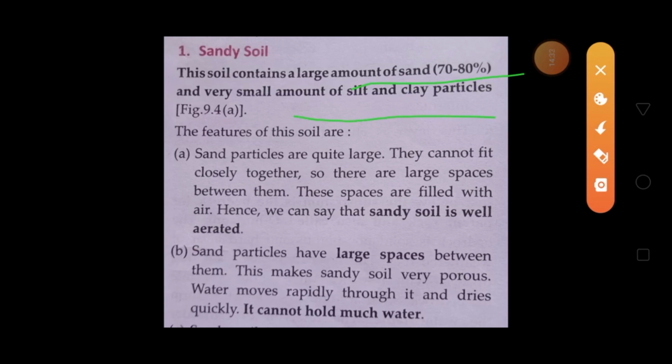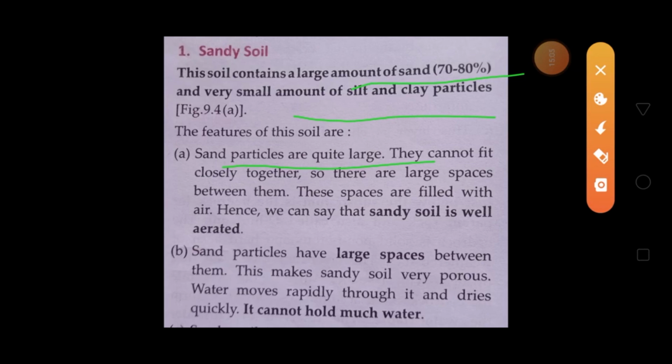Sandy soil is basically found in deserts, and crops are very few in sandy soil. Crops do not grow there because it cannot hold much water. Some features of this soil: the sand particles are quite large, so they cannot fit closely together, leaving spaces between them.